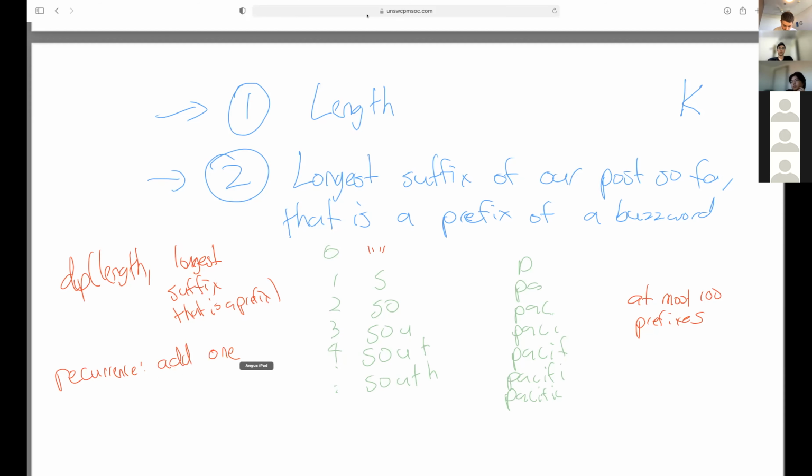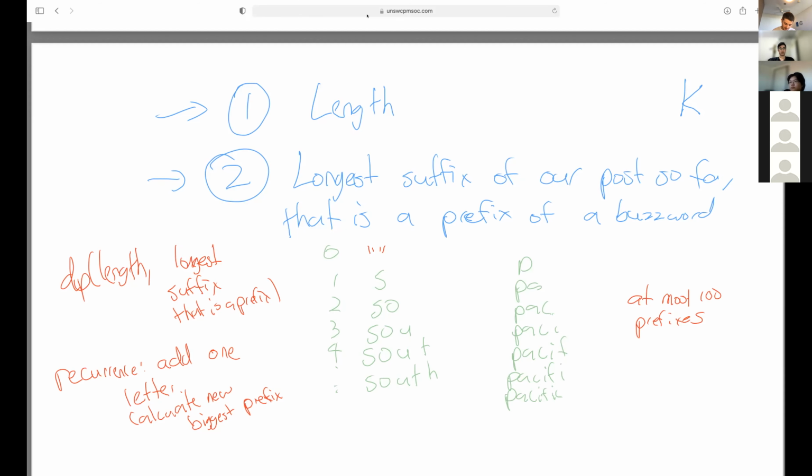Add one letter, calculate the new biggest suffix that is a prefix of a buzzword. Then check that this prefix isn't in fact a complete buzzword, because if it is, then we have a juicy post. We want non-juicy posts. And then add DP of length + 1 and this new biggest suffix to our answer.